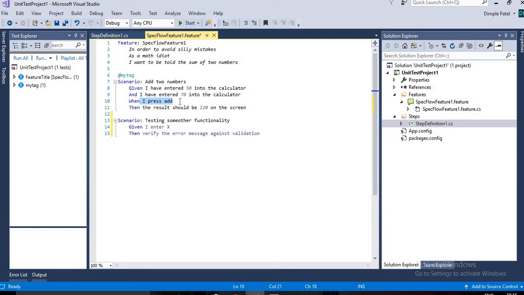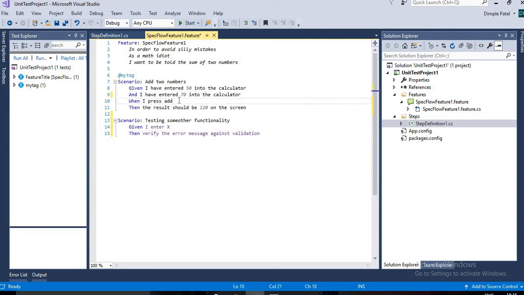And if you want to do any verifications, then we use Then. Now suppose I have used And here; you can write Given twice also, which is correct, but to make it more readable, I have entered 50 into the calculator and I have also entered 70 into the calculator, which makes it clear, right?